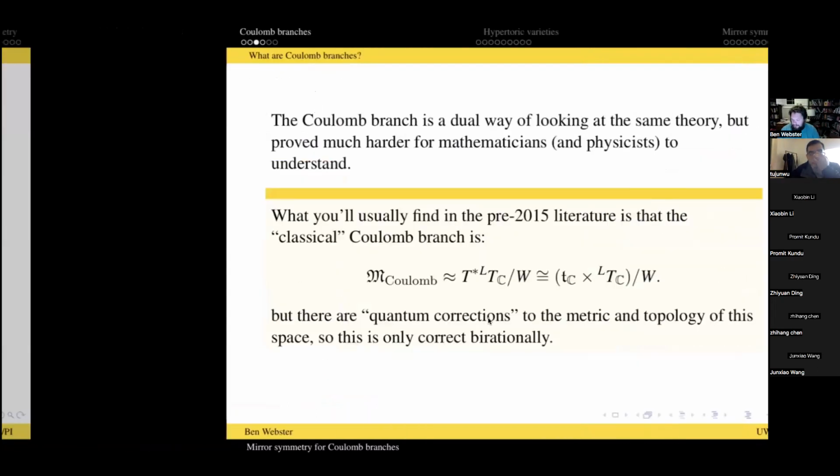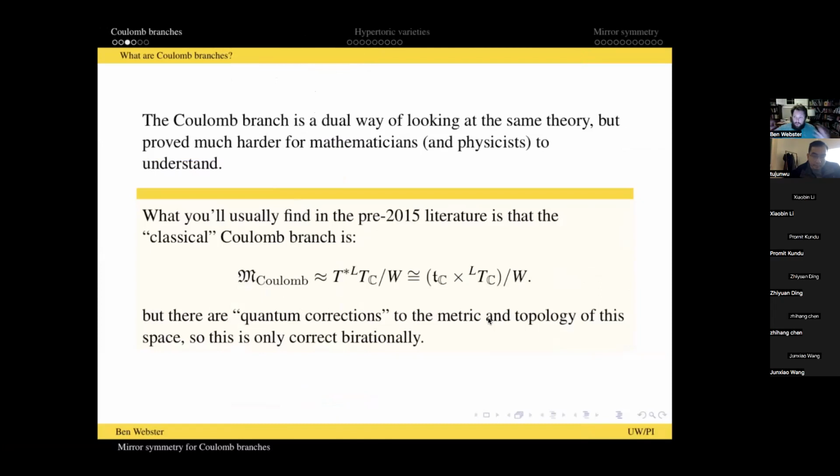You should think of a Coulomb branch as a dual way of looking at the same theory, but extracting different information from it, which hopefully will be in the form of a hyperkähler manifold. Unfortunately, at the moment, there's no uniform proof that there are hyperkähler metrics on smooth Coulomb branches, or what conditions you need to get a hyperkähler metric. There are many cases which we can also write as hyperkähler quotients, and so we know that those have hyperkähler metrics. But this is a big hole in the theory: where are the hyperkähler metrics going to come from?